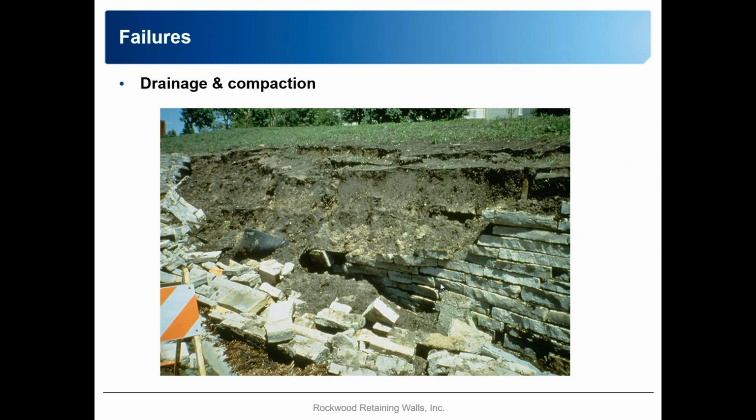And lastly, so this is the last slide, any type of walls can fail. They can be cast in place walls, they can be segmental retaining walls, or even natural stone walls. In this case, this is a natural stone wall. It was constructed probably a little bit too tall without some type of soil reinforcement going on behind it. And also, two other conditions that might be a little less obvious is there's really no drain stone. There's no drainage aggregate